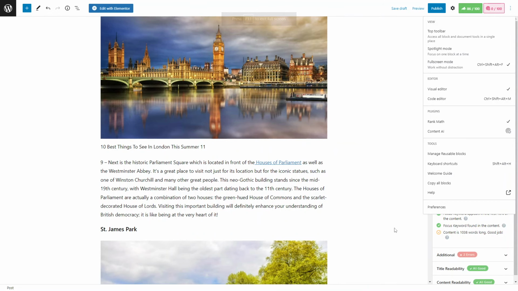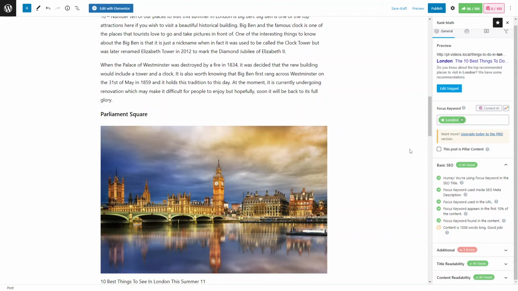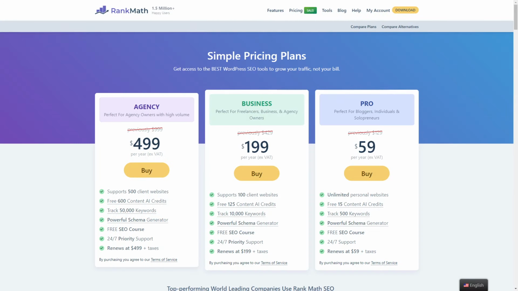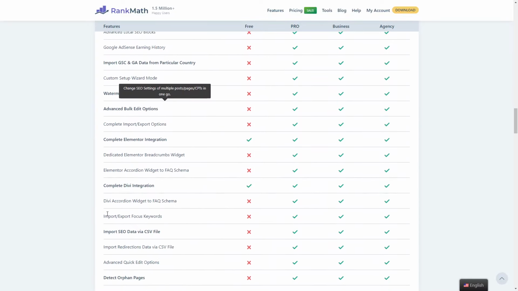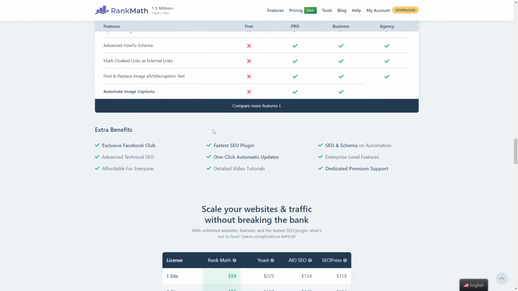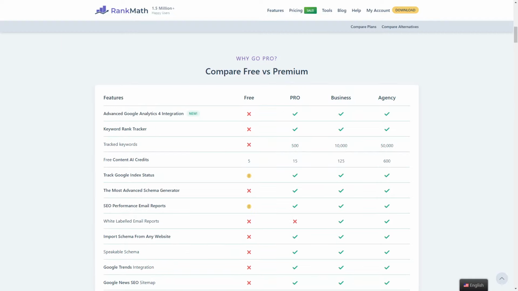Rank Math in its basic form is free, and you can download as many copies and put it on as many websites as you need to. But they do offer a pro version with different features and different payment plans. So, for example, paid plans, what you get